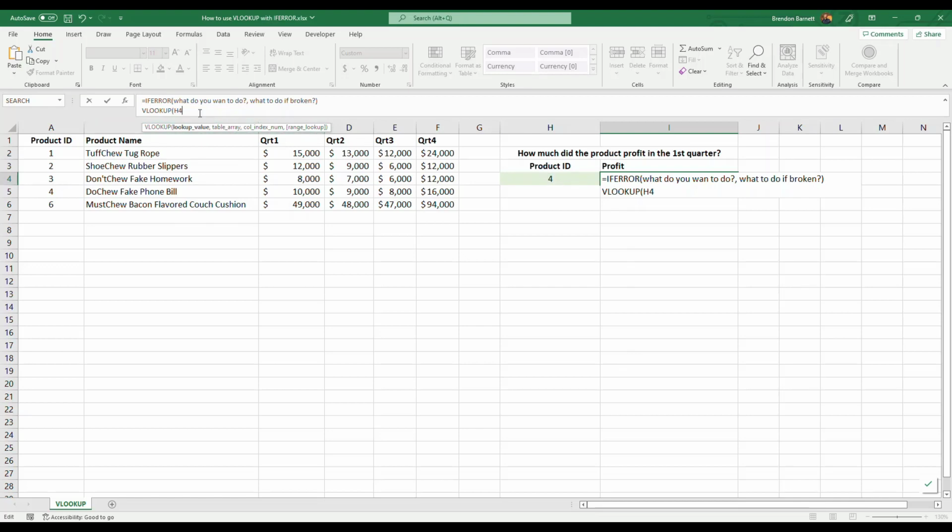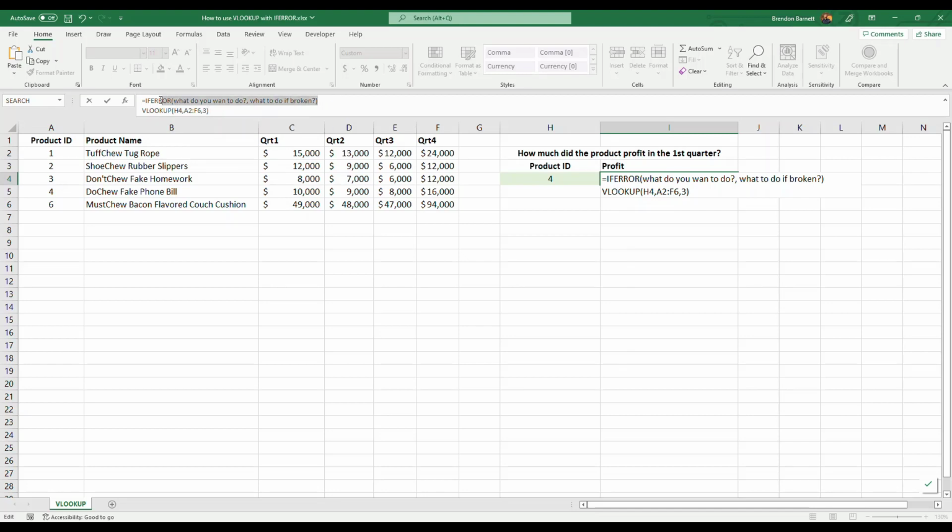And then it's going to ask us, where do you want to look, like, what is the entire array of the table? So I'm just going to highlight my entire table here. After it finds our ID in the first column of our table array, it's going to ask which column of that array do you want to return? In our example, we want to return the profit from the first quarter for our product. So it's going to find ID 4 in the first column here, and then we want to return this $10,000 value in quarter 1, which is the 1, 2, 3, the third column. So here I'm just going to put a number 3,